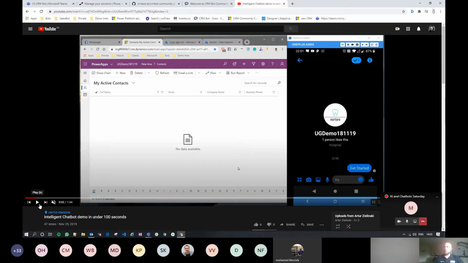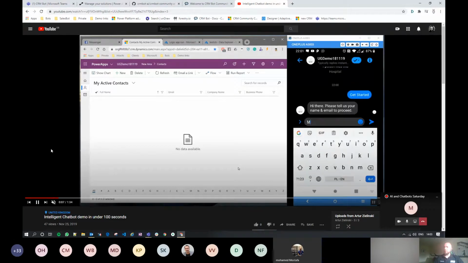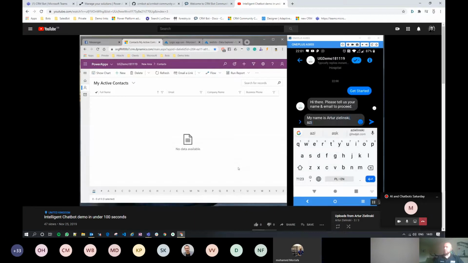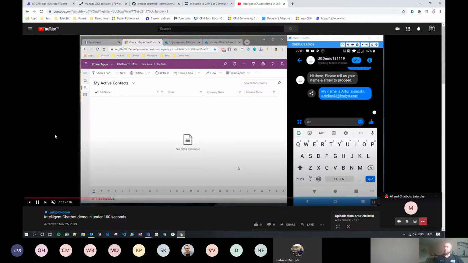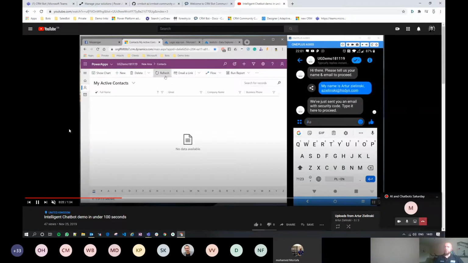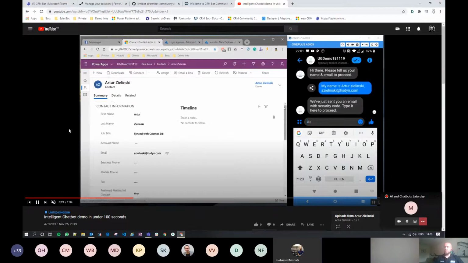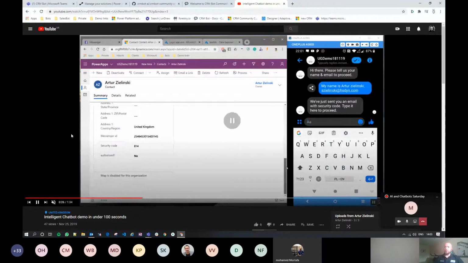and a couple of logic apps and your CDS. The use case is a dental surgery where you can go and register as a new patient. You can provide your name and email, as you can see here. This will generate a new contact in CDS or in CRM in real time. I'm going to pause here. This essentially stores your Messenger ID, which means that every time after that, if you talk on Messenger with this chatbot, we will know that this is you talking.